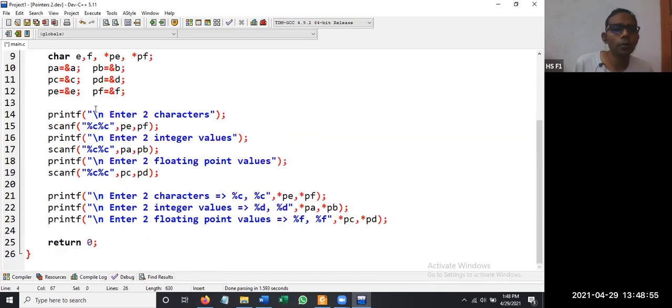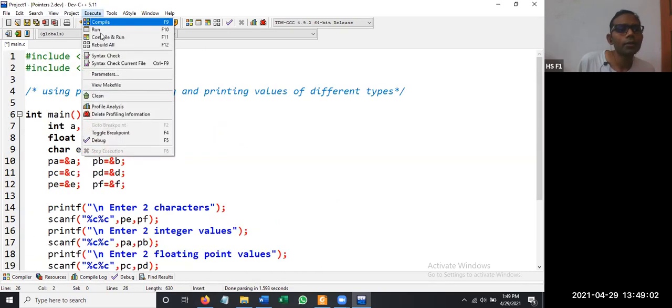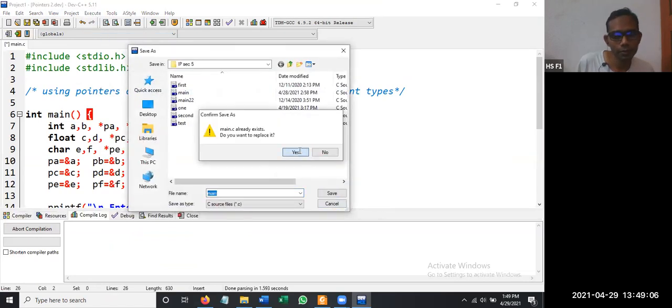Let us stick to this program only. Let us not print the sizes as of now. So let us execute this program. Execute, compile and run. Main, save, yes.